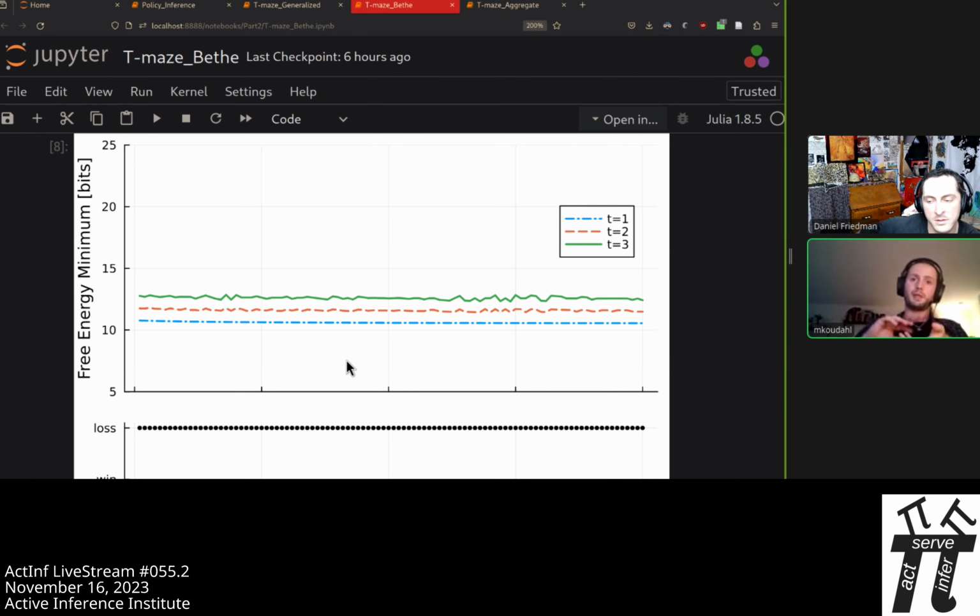But once we start to mess with the function that we introduce this epistemic component, we get exploration, we get good performance, we get this active curiosity, information seeking, all these nice goodies that we know and love about active inference agents. And we can show that very directly by simply saying, well, I'm going to change this little circle to a square.